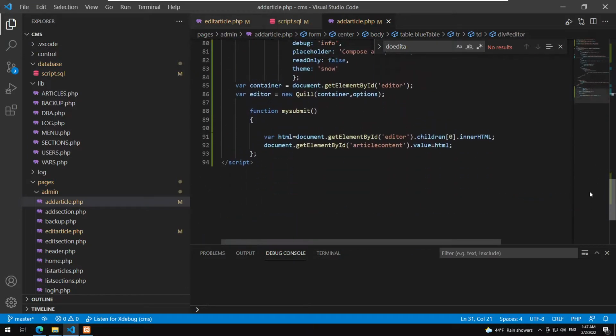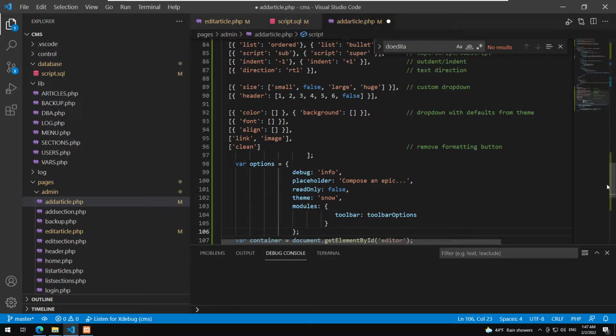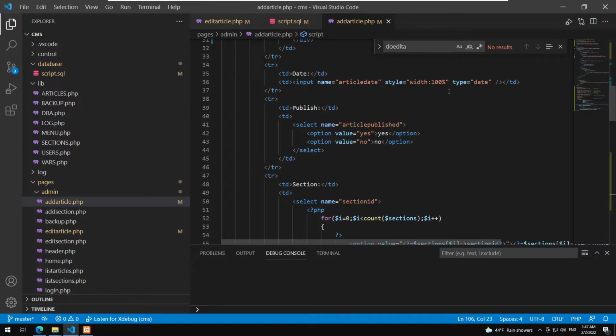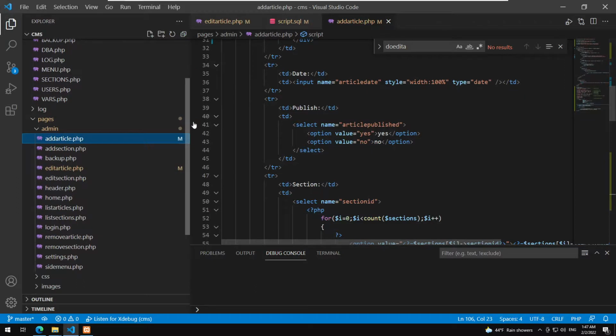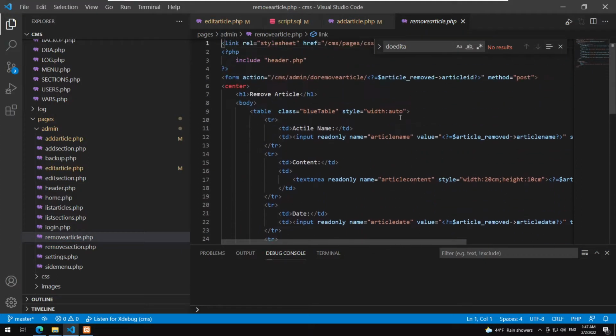Go here, the toolbar and options like this, and I save this one. And one last thing, where is the remove? Where is the remove article PHP? There you go. And in the remove article, let's have a look. Where is remove article? So here we have article content. This is going to be